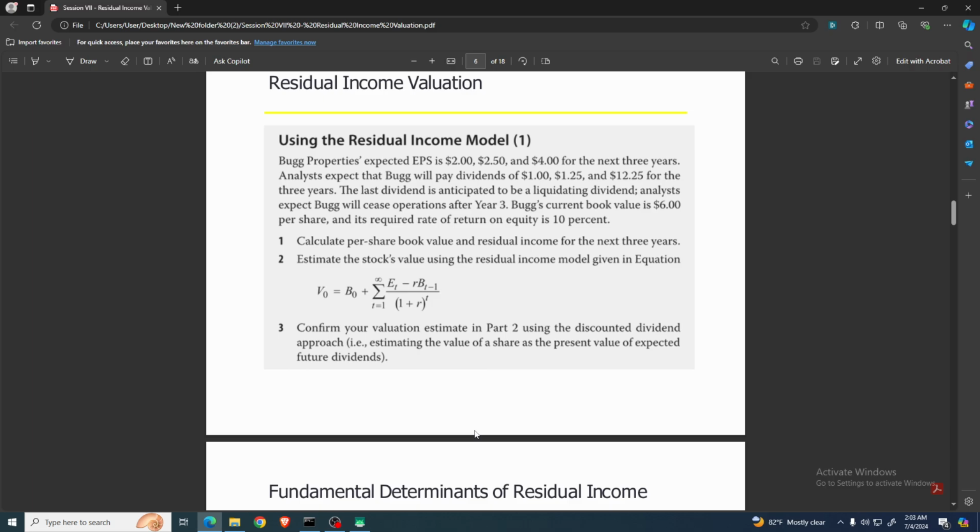And I encourage you to focus clearly on each of the steps to make sure that you understand them well, and you can somehow expect this sort of a testing in your final examination, where I will be asking you to calculate the residual income as well as interpret it based on a scenario like this, although it could include some additional information as well. So here we are going to start off